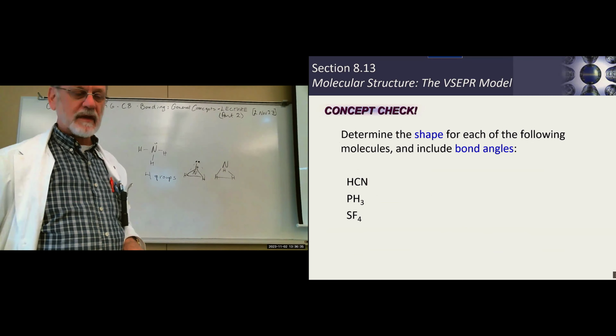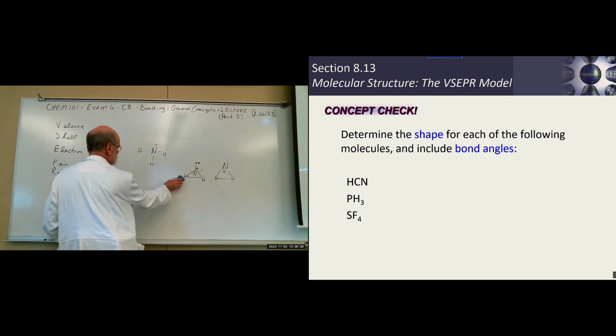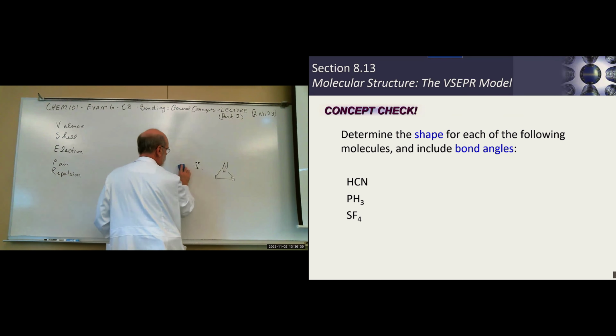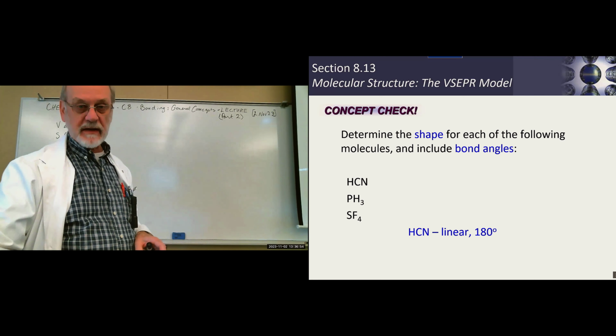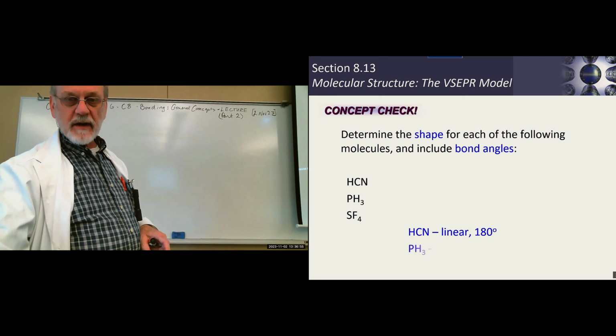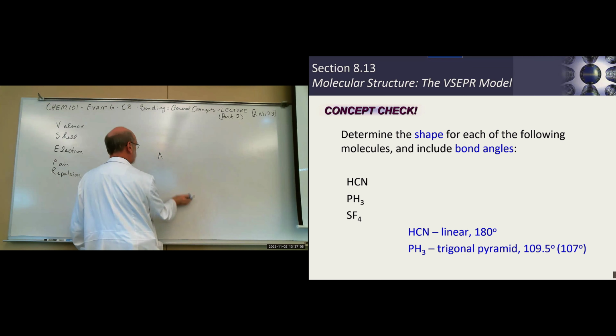All right. So let's see, these are some examples. If we do the HCN, we get a linear molecule with 180 degrees. Right? That one's easy. PH3 gives us a trigonal pyramid like ammonia. And the reason for that is this molecule has,